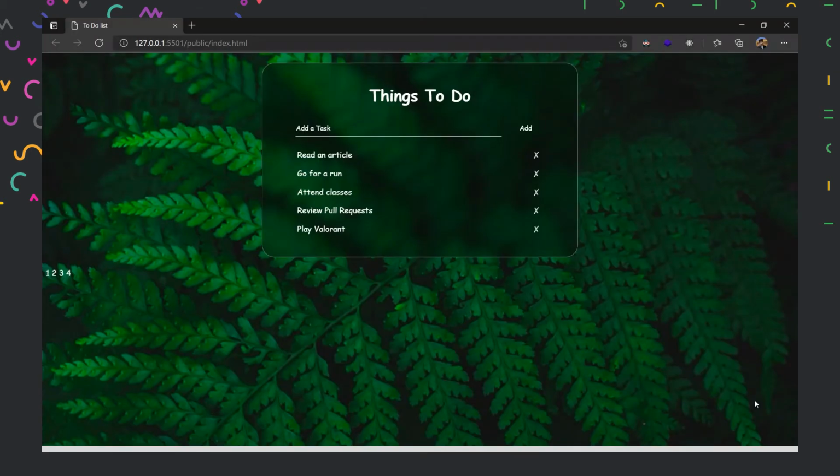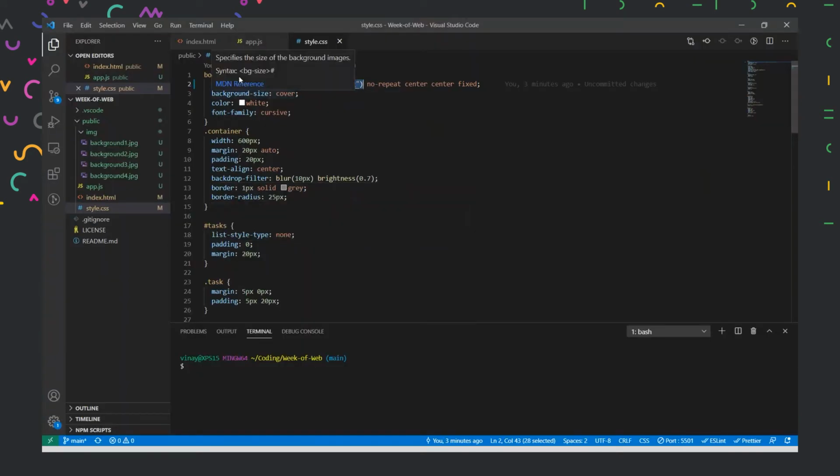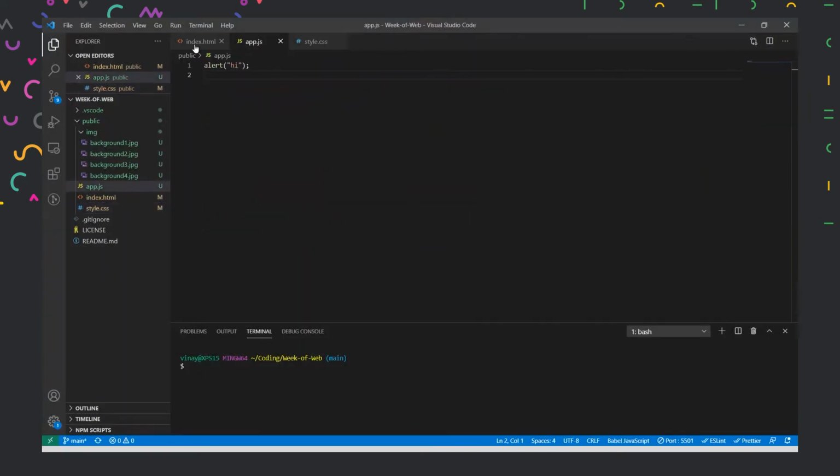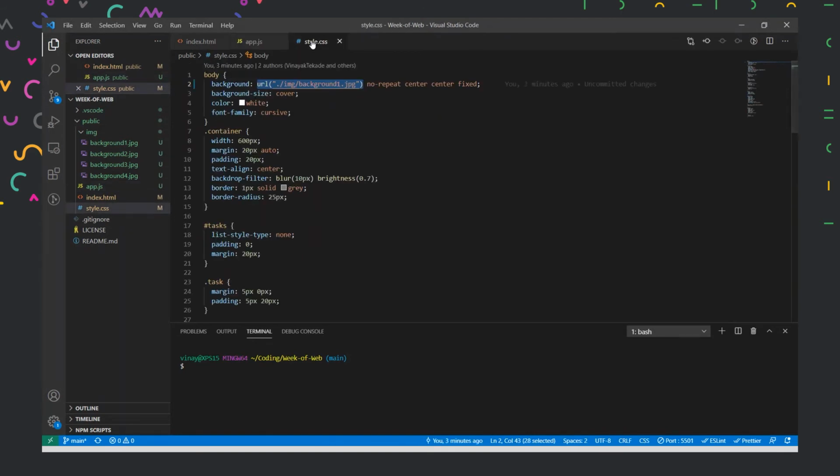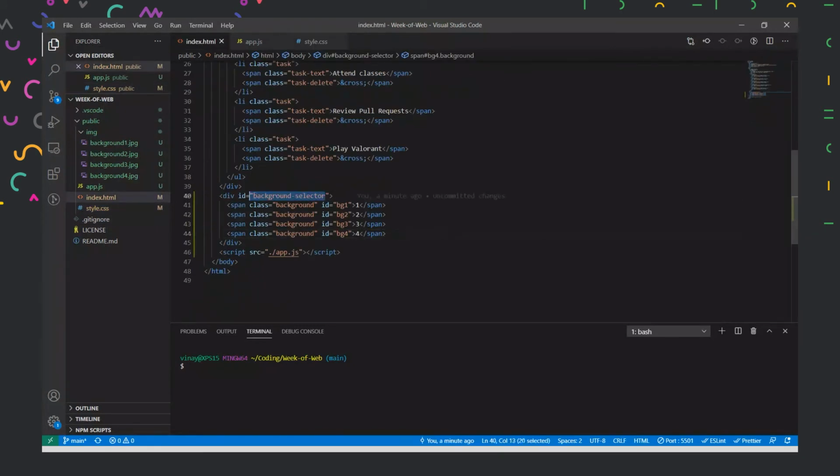So I want it to be over here every time, so that it doesn't come in our way when we are creating the list. So let us put all the elements over here. To do that, we could use position absolute, which means that it will take, let's say, the x-axis and y-axis from us, and it will take absolute. That means the whole screen's absolute value it will take, and the x and y-axis value, that way it will arrange itself. And what is this element? It is background selector ID.